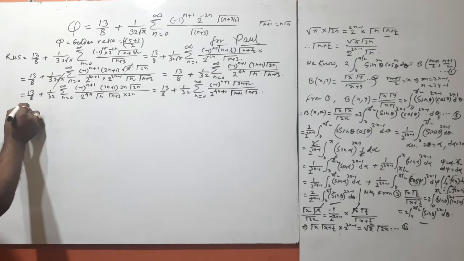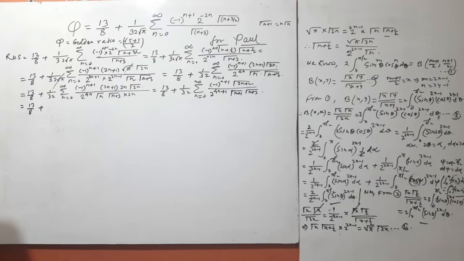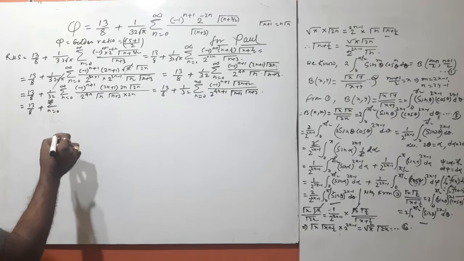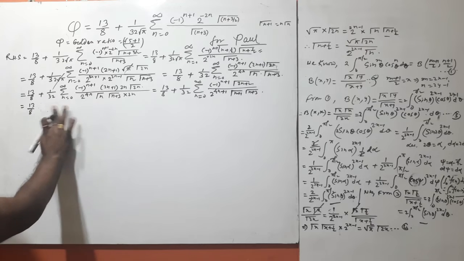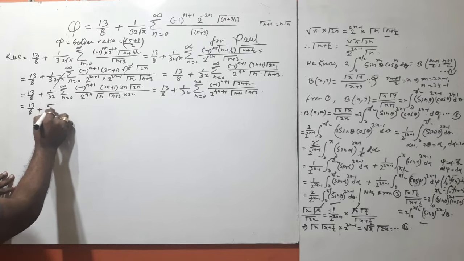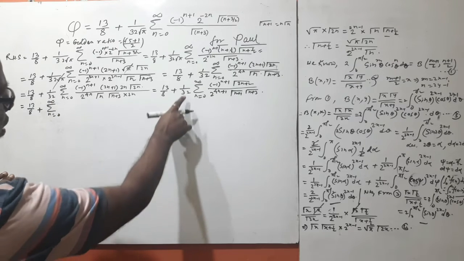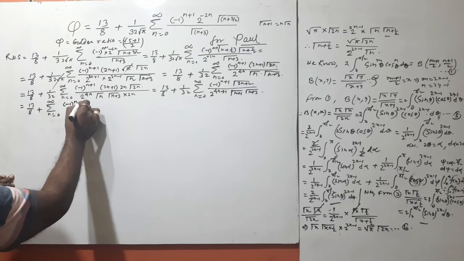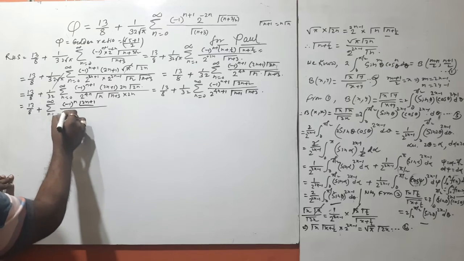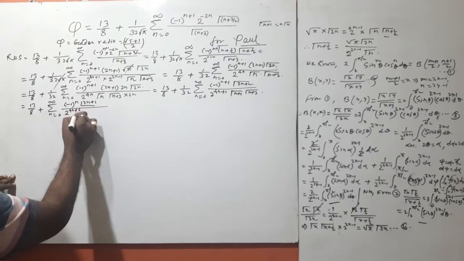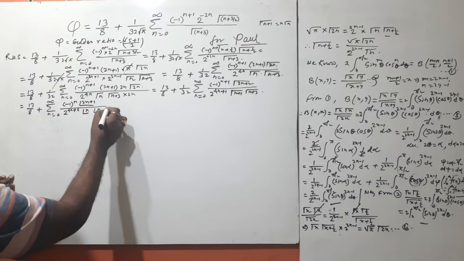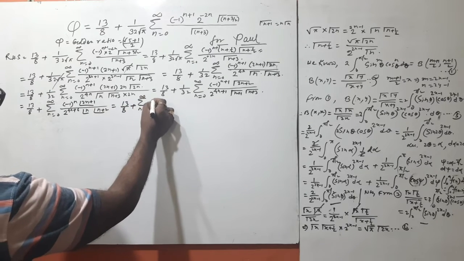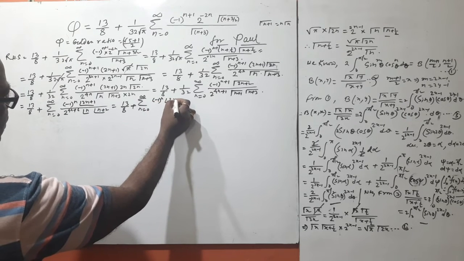So from this relation again we can rewrite 13 by 8, and the summation n equal to 0 to infinity of minus 1, and 32 is 2 to the power 5, so minus 1 to the power n, factorial 2n plus 1, over 2 to the power 4n plus 6, factorial n and factorial n plus 2. Again rewrite 13 by 8 plus the summation n equal to 0 to infinity of minus 1 to the power n, factorial 2n plus 1,